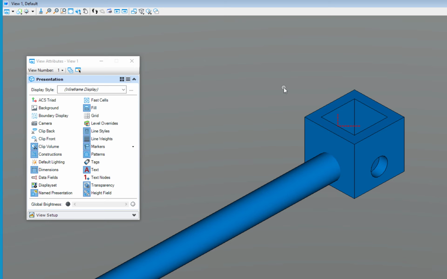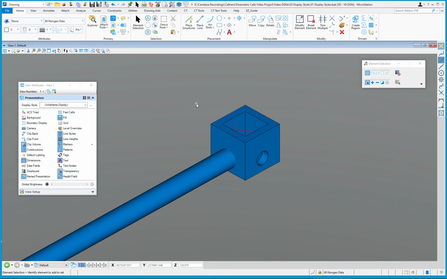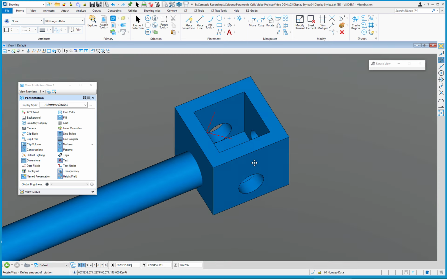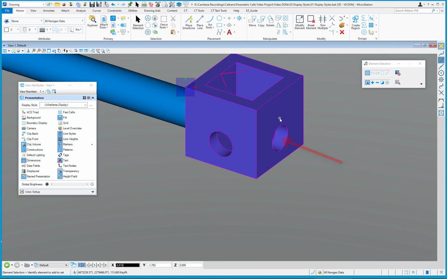What we're going to look at is, why would I want to change my display styles? How is that going to practically help me? So I'm going to give you an example. I'm going to zoom in a little bit. So you can see my drainage inlet here, and you can see it has a hole on the side, but I can't see the other sides because I'm in a shaded mode. So I'm going to go ahead and rotate my view, and you're going to see that I have holes on